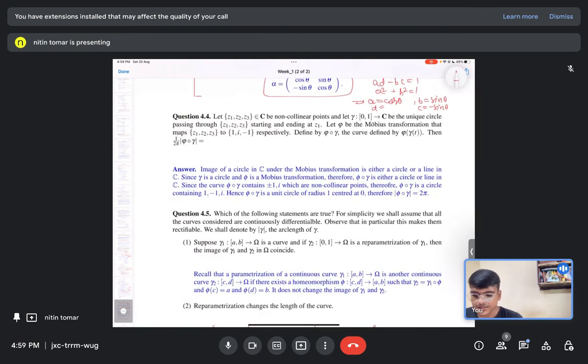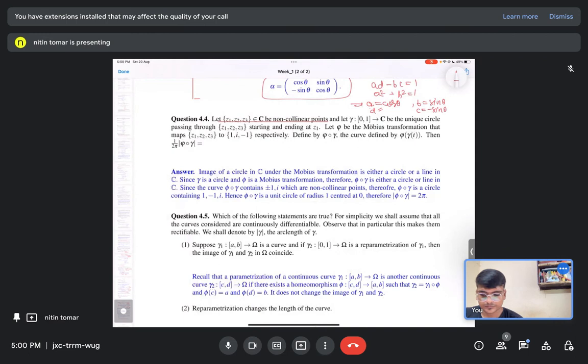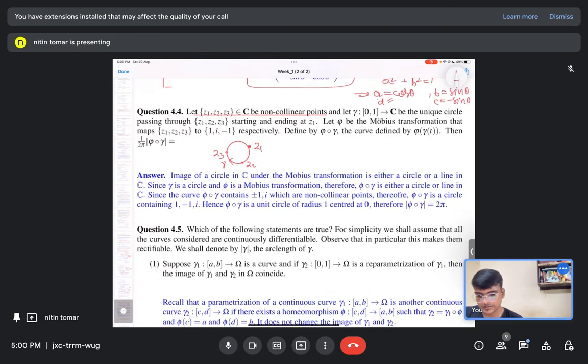Now z1, z2, z3 are non-collinear points. So they lie on a circle, right? Any three non-collinear points, there is a unique circle passing through them. This circle is denoted by gamma here. Starting at z1. Okay, so z1 is the starting point. Now let phi be the Mobius transformation. So this phi is a Mobius transformation that maps z1 to, okay,